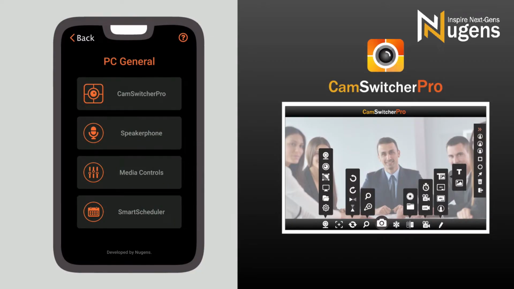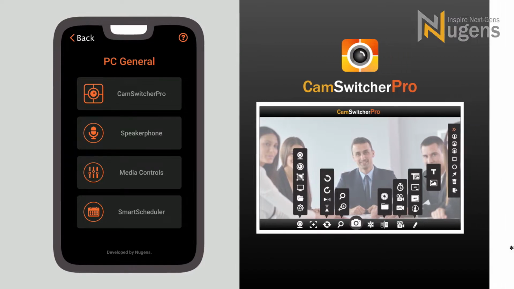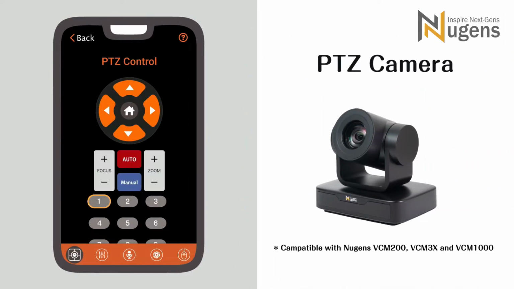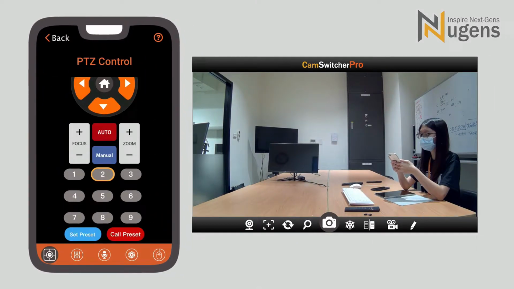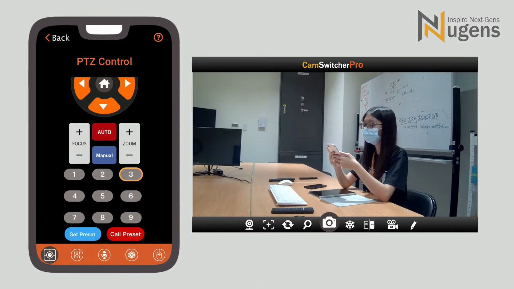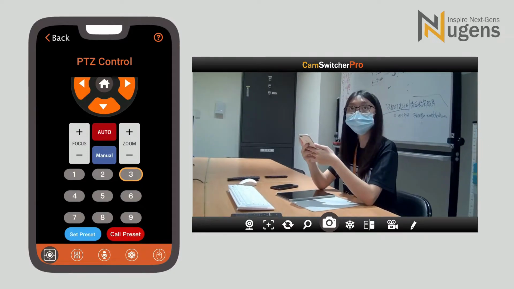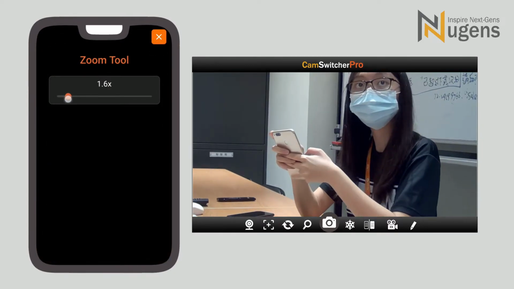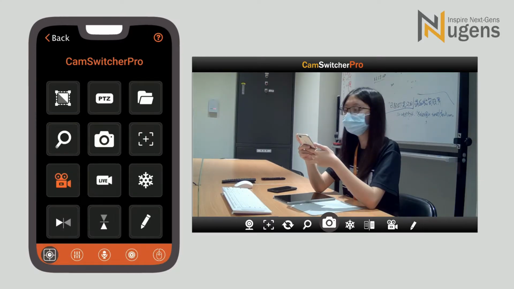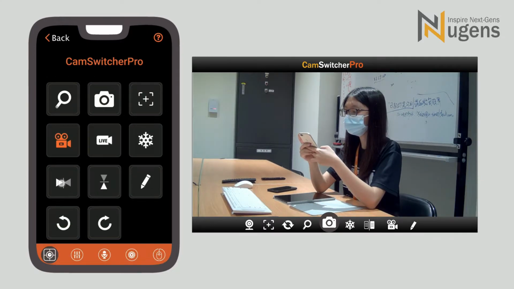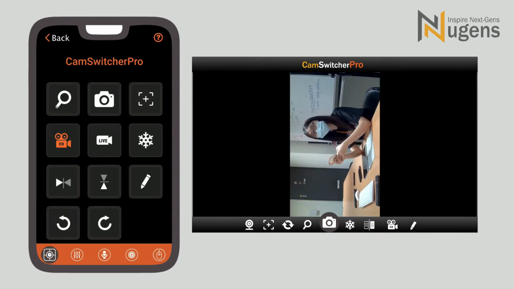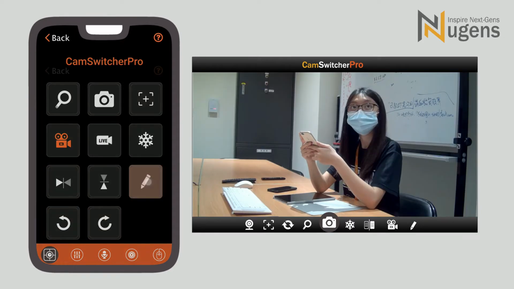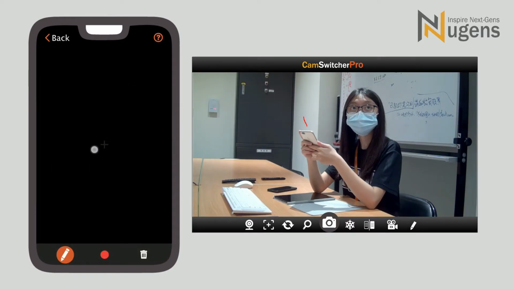It can also control the CamSwitcher Pro visualizer software with Nugens PTZ camera and remotely control the position of the lens by using the preset function to quickly switch to the set positions and angles. And support zoom in and out, image capture, video recording, freeze, mirror or rotate functions. It is worth mentioning the 3 seconds magic pen, which will disappear automatically after 3 seconds, making teaching or meetings